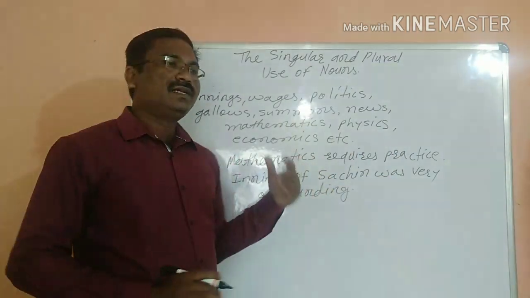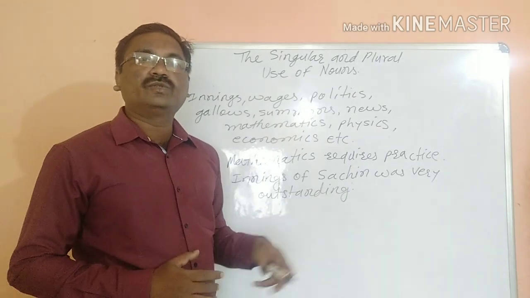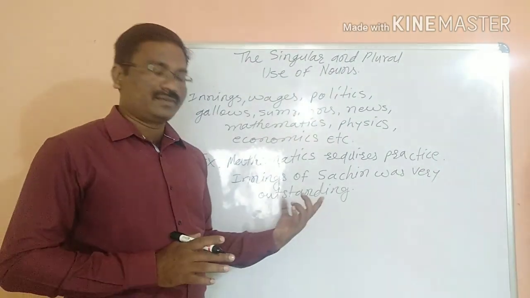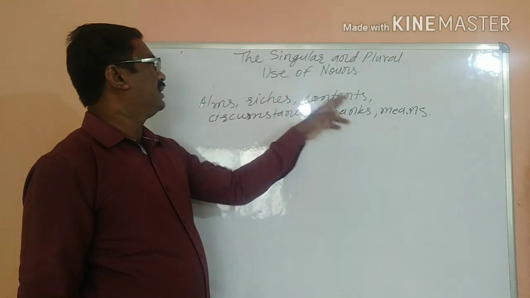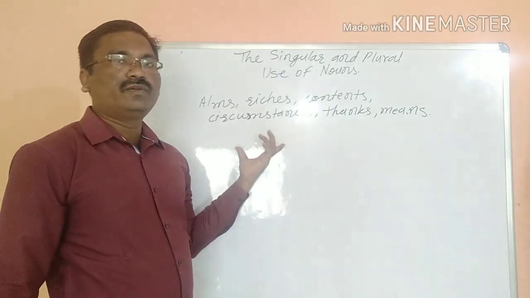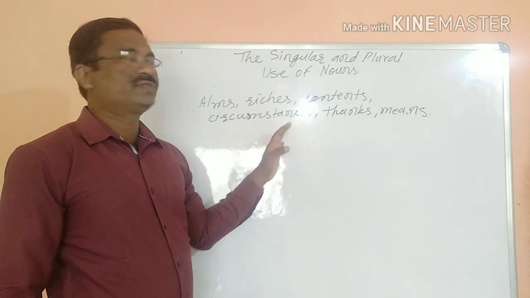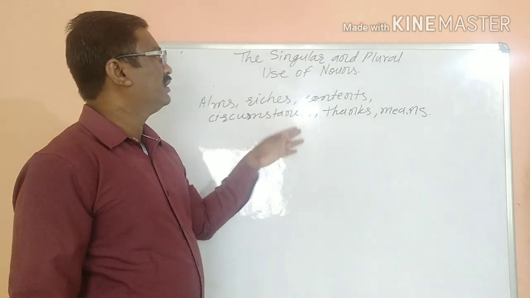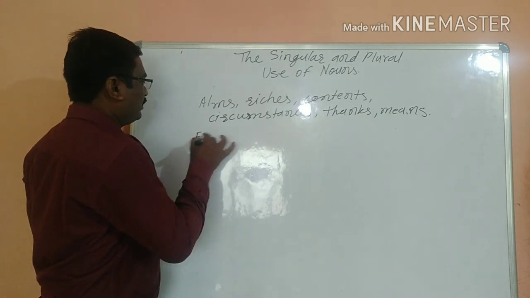Here are some other words that we are going to study, which we need to use as plurals. We can't use them as singular. These words are alms, riches, contents, circumstances, thanks, means. These words always need to be plural. We should not use these words in a singular form. They will require only plural form. For example,